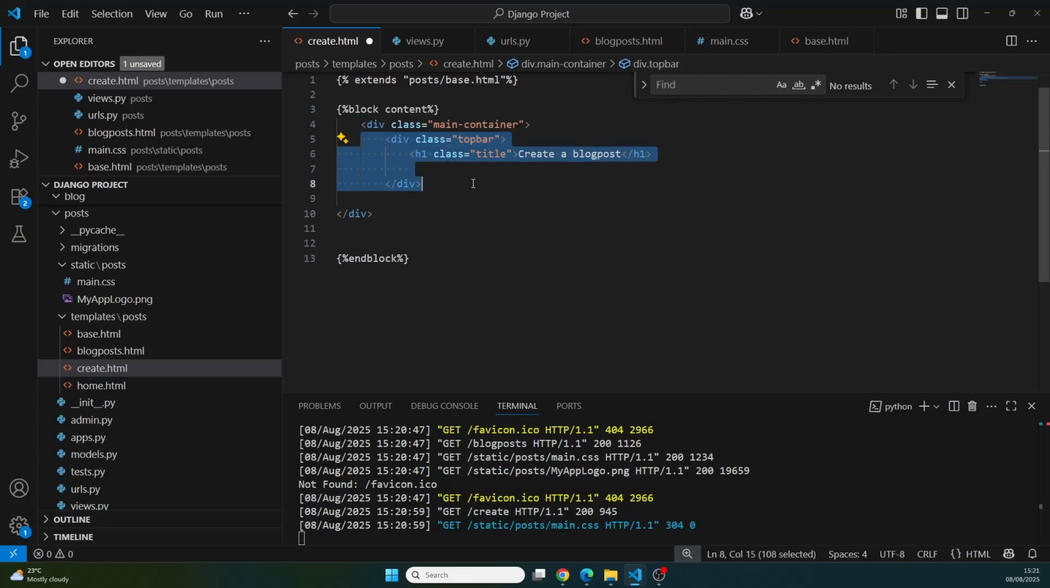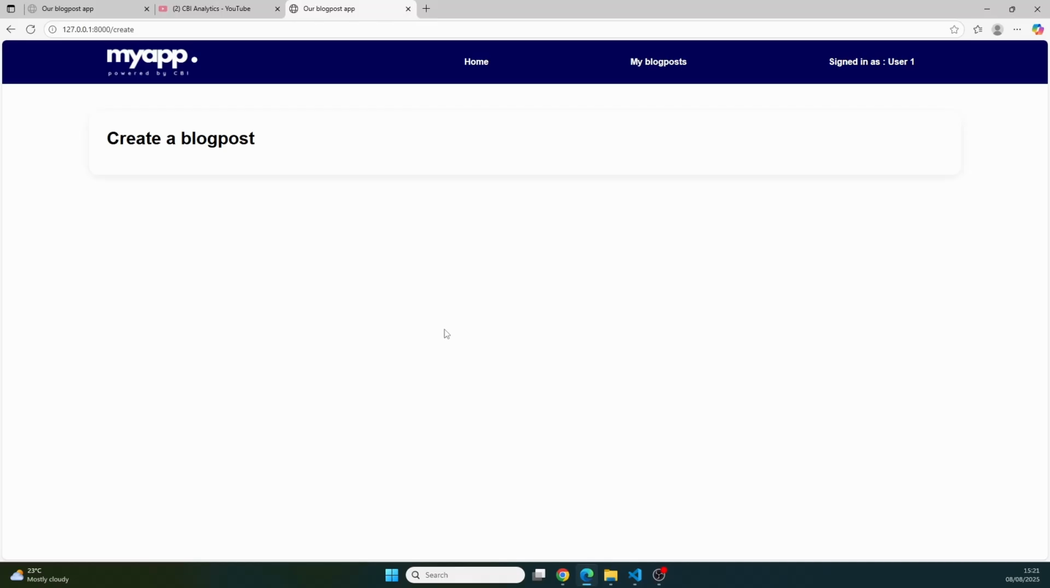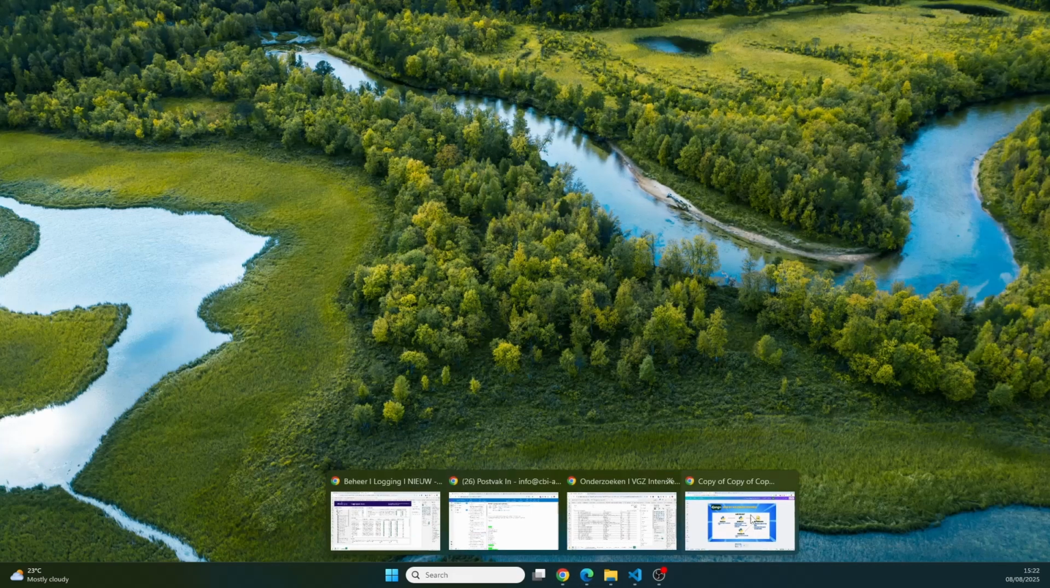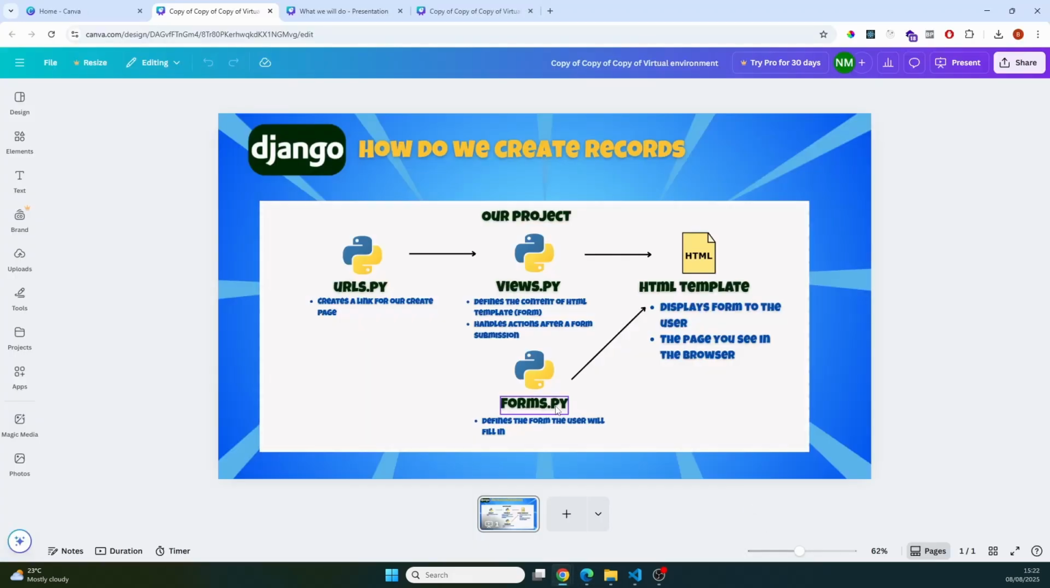So this is all the content that we want to have there. And now we have a nice page where we can put our form. Now, of course, we currently don't have a form. So let's create that in our project right now. And as explained on the visual, to do that, we need to create a forms.py file, because in there we can create our own